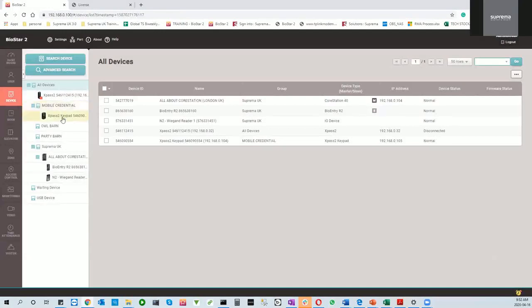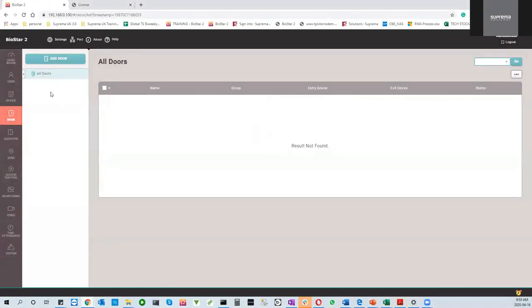All right, so now go back to my dashboard there. I have 1 CoreStation, R2, and a Wiegand reader. The next step now is to do a door configuration. I will then come to the door configuration. I could do it by groups. So I could say London is 1 location that I have a door. And then like I mentioned before, George is located in